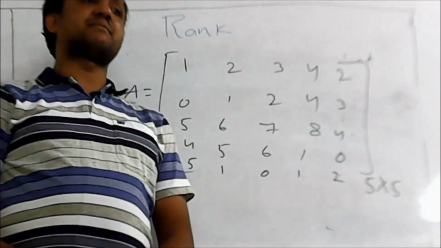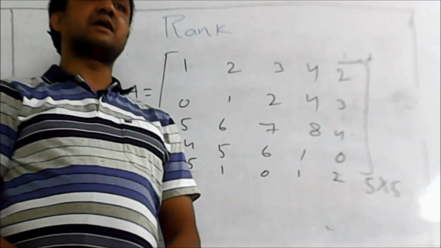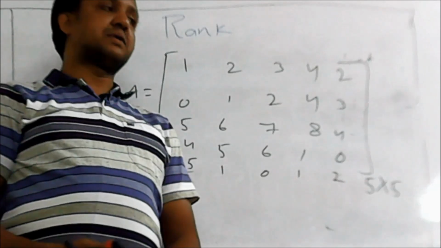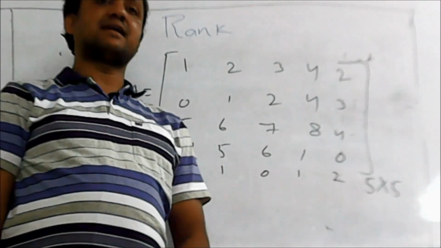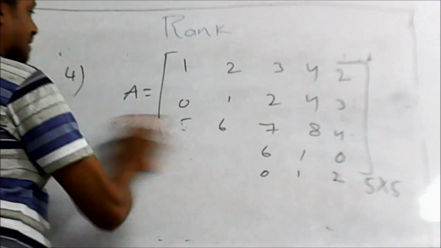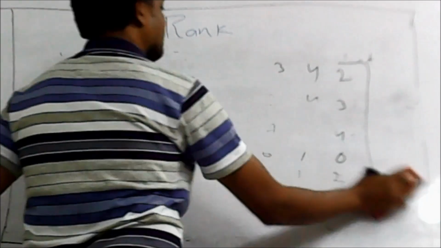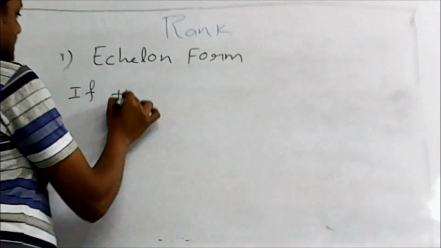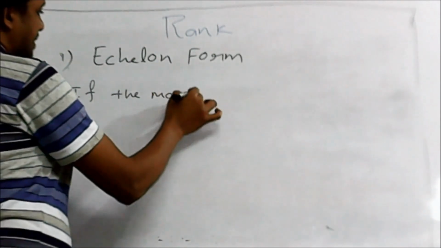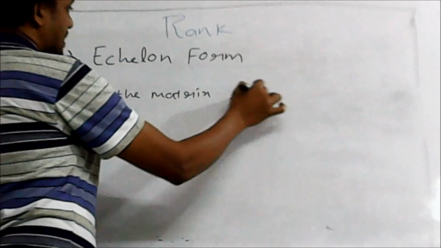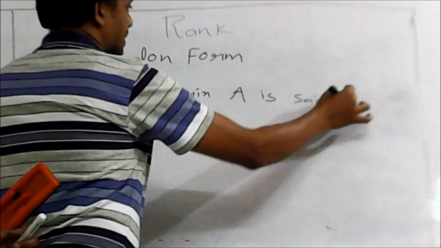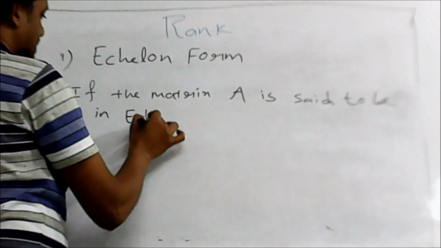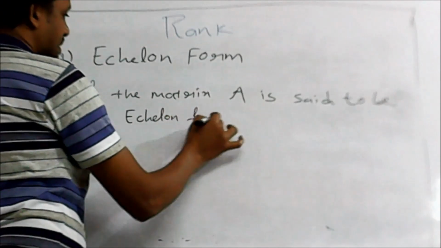To deal with such problems, here in engineering mathematics, you are going to learn new techniques. You can find the rank in an easy way. There are two types of methods, and that is a very important topic: finding rank using other techniques. A matrix A is said to be in echelon form if it satisfies